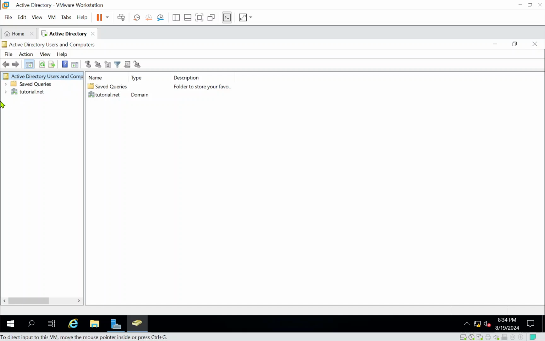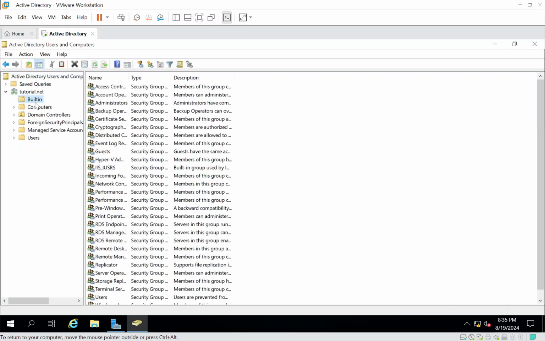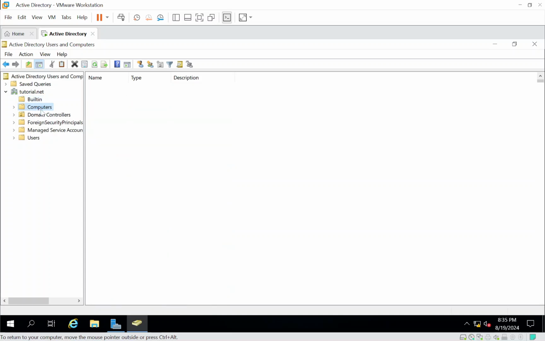tutorial.net. If you use this drop down, you see a lot of default organizational units. This Builtin is a default organizational unit. The Computers container is also a default organizational unit. Once we start adding computers to our Active Directory, we start seeing different computers. Domain Controllers is also part of it, but we have a single domain controller,